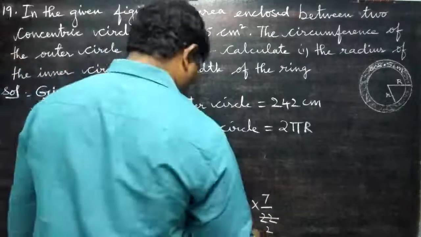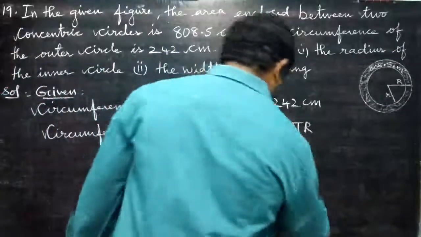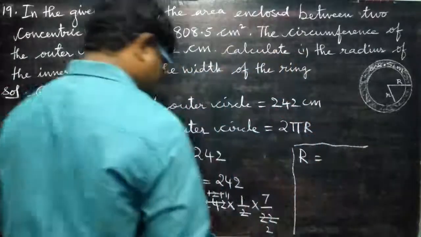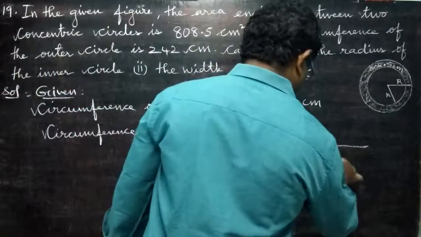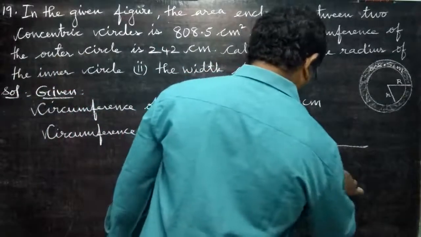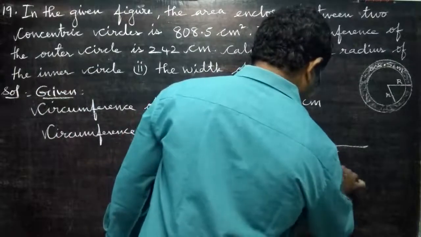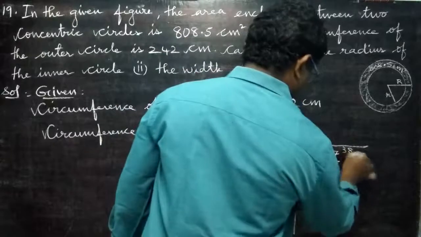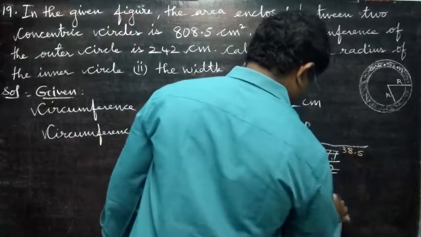Now how much we got? Capital R is equal to 77 by 2. R is equal to 2 3s are 6, 2 8s are 16, 1 remaining, 2 5s are 10. So